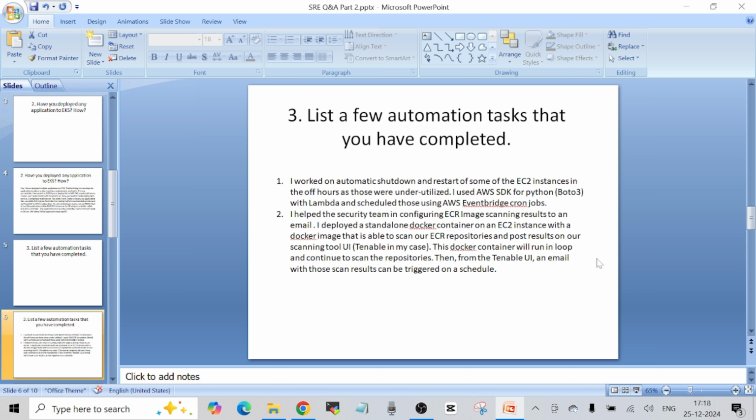So what I did, since I was using this tool called Tenable, so Tenable has its own Docker image that we can deploy on an EC2 instance. I'm having a role attached to the instance where we are creating the container which has access to our ECR repositories and our Tenable UI. We can have this container automatically scan any new image in the ECR repositories and then